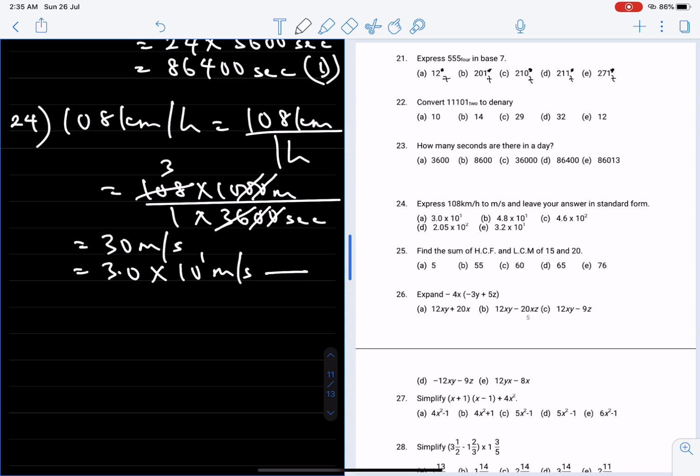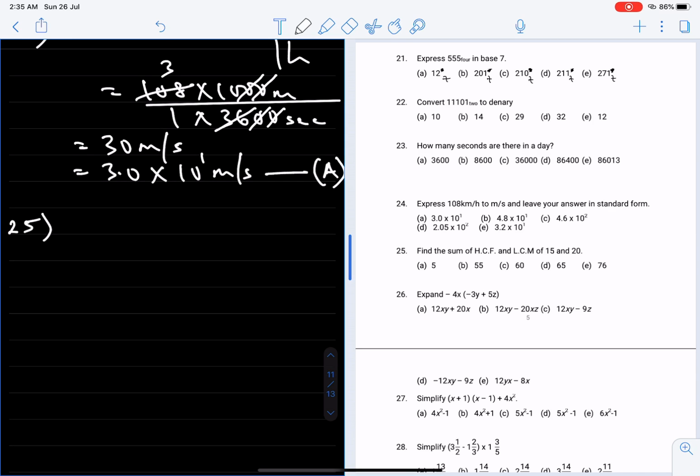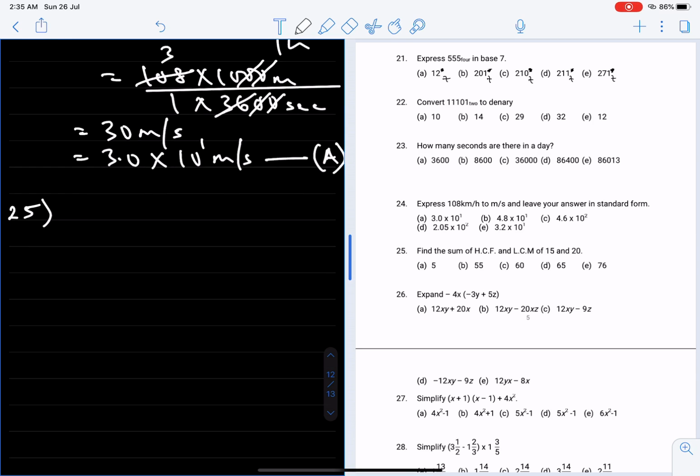And that is option A. Now to the next, number 25, which says find the sum of the HCF and LCM of 15